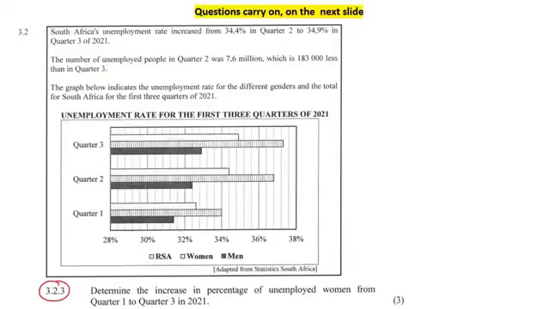This question says, determine the increase in percentage of unemployed women from quarter 1 to quarter 3. Okay, so we're looking at the women. So the women are with the lines. So it's not these dots, and it's not the gray one. It's these ones over here. Okay, so in quarter 1, that is 34%. Then quarter 3, it is